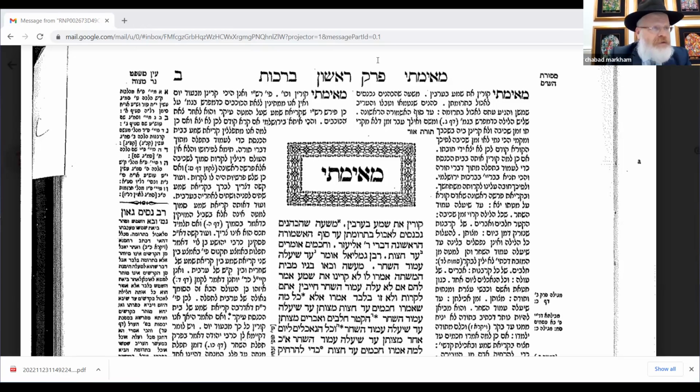Right? Or amud beis, because there's always 2 sides to every page. Okay, what else did we have on the page of the Talmud? Just to recall what we learned, if we want to find out where there is a pasuk, a verse that's being quoted in the Talmud, where will we find it?